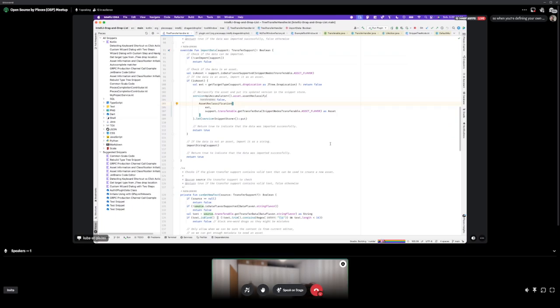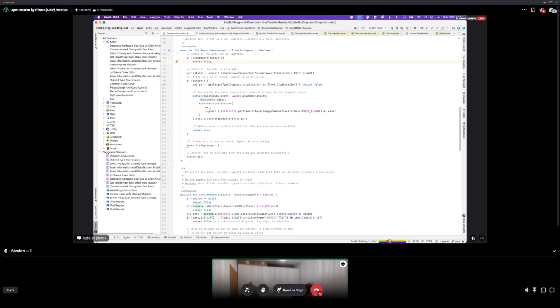And so if you are doing it, you can invoke your own logic with the server or with other parts of your plugin. And if we know that this is not an existing asset, not an existing snippet, it means it's a string because we ruled out all the other possibilities in the good measure can import check.